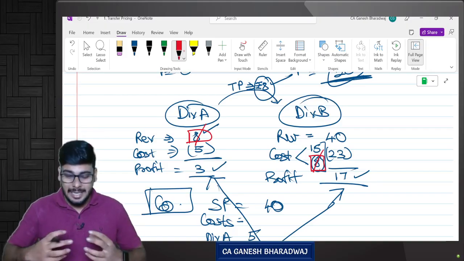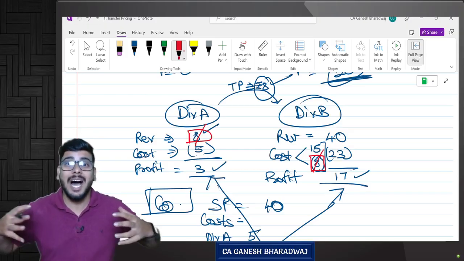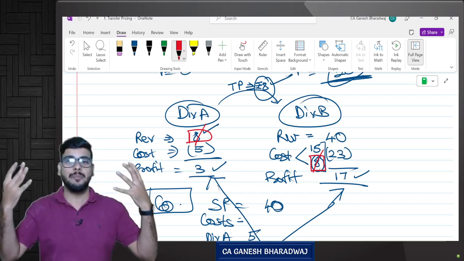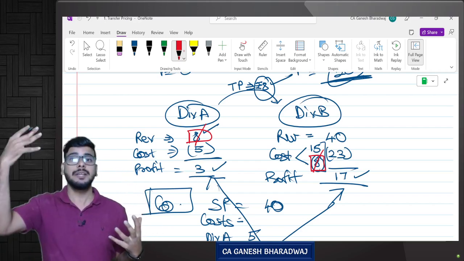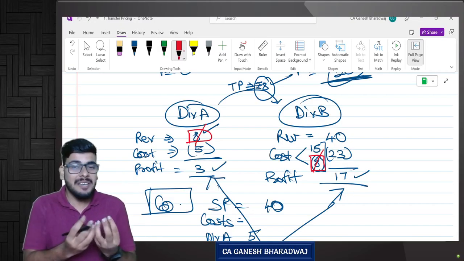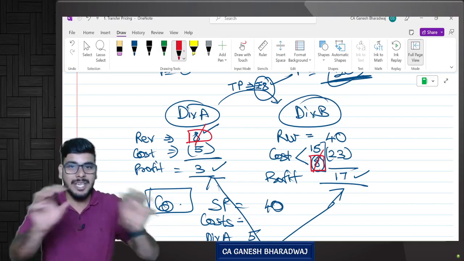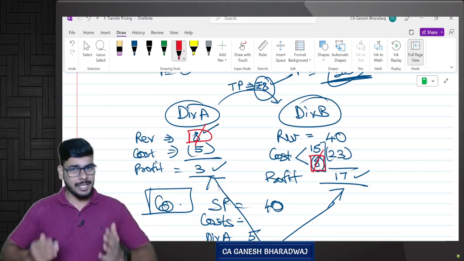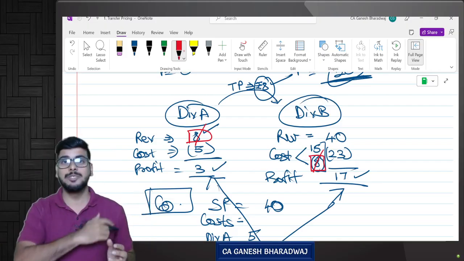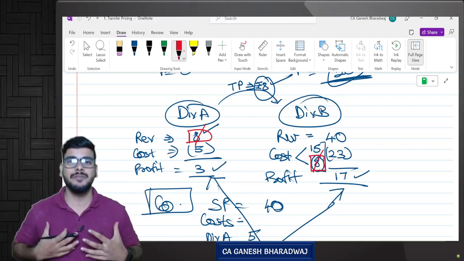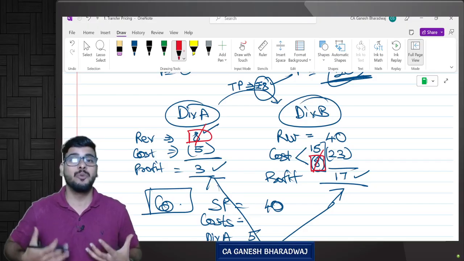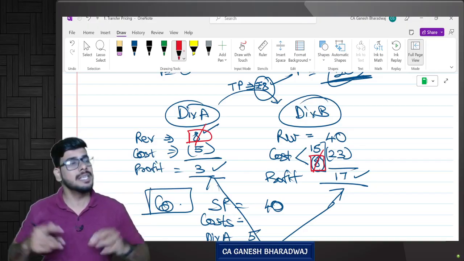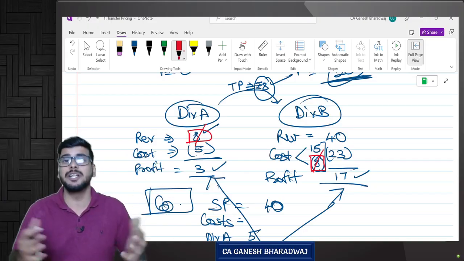That's why we say this transfer pricing creates an artificial competition inside a company. So why do you need an artificial competition? Only then the evaluation of the performance of each and every division manager will be done properly in a much more effective manner. Is it going to impact my overall profitability? Absolutely not. But the objective here is to increase the motivation of every single manager of every division in the company.